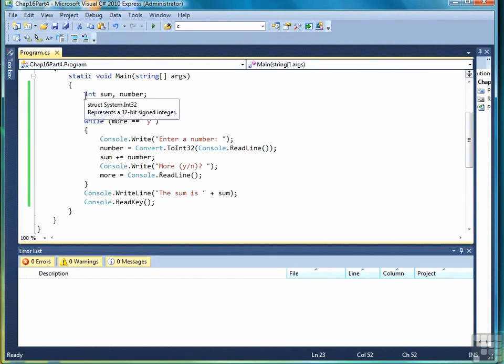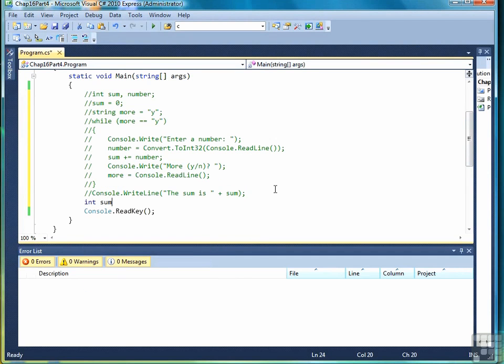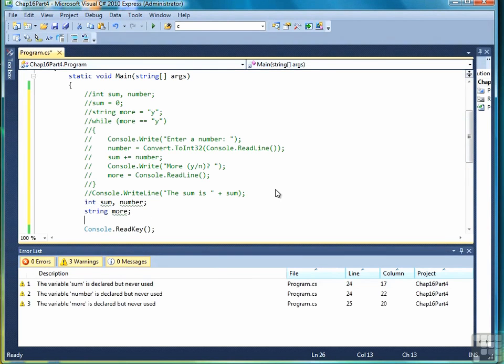So now let's see how to write that with a do-while loop and see that it's just a little bit better. Int sum, number, string more. Notice I don't have to initialize it here.